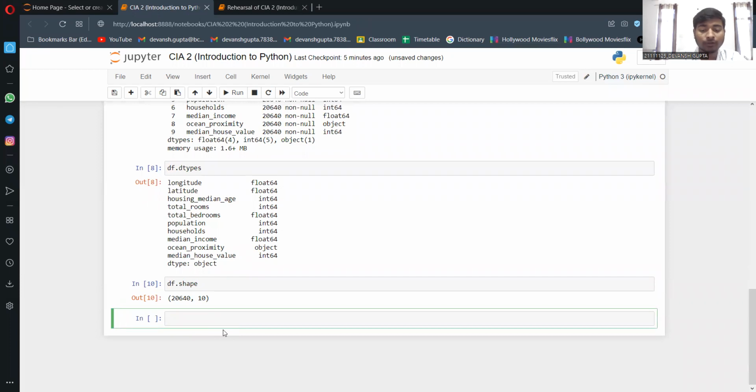Suppose we want to get the description of the dataset, the summary statistics of the entire dataset, then we can use the describe function. The code will be